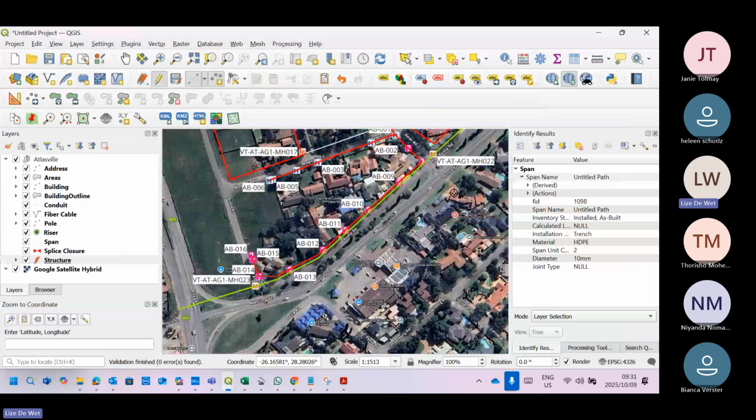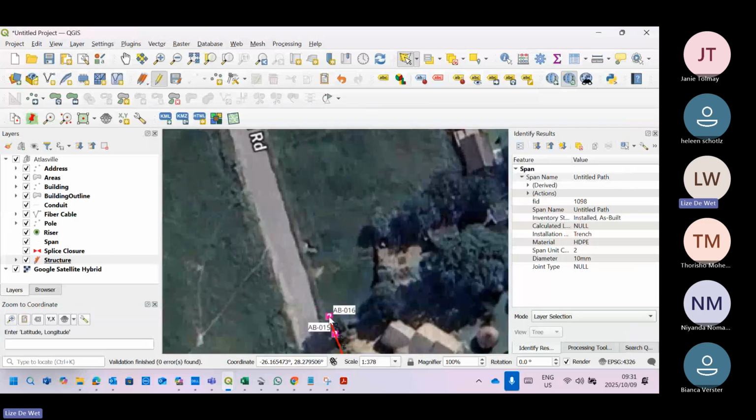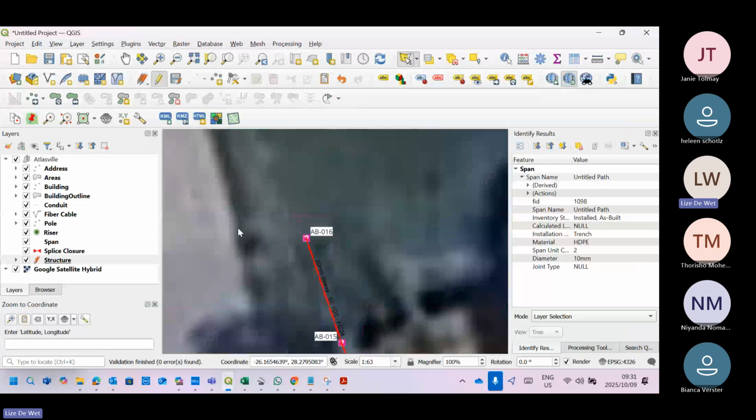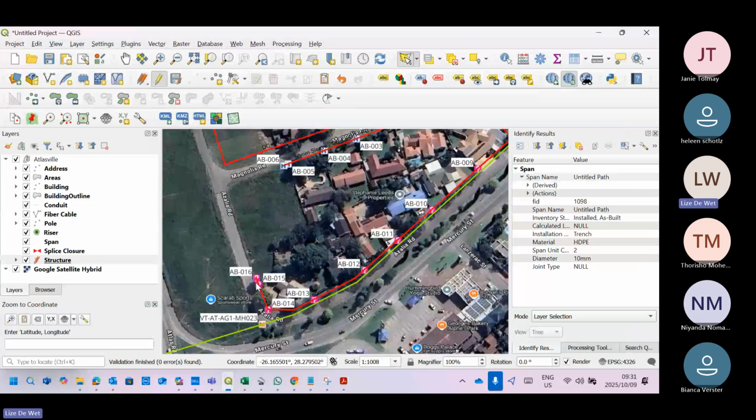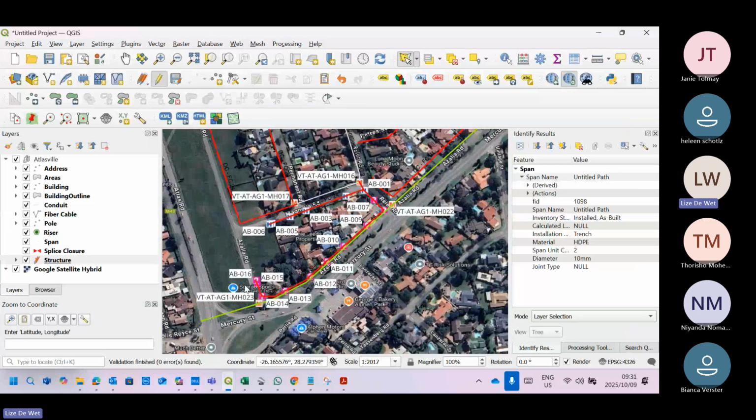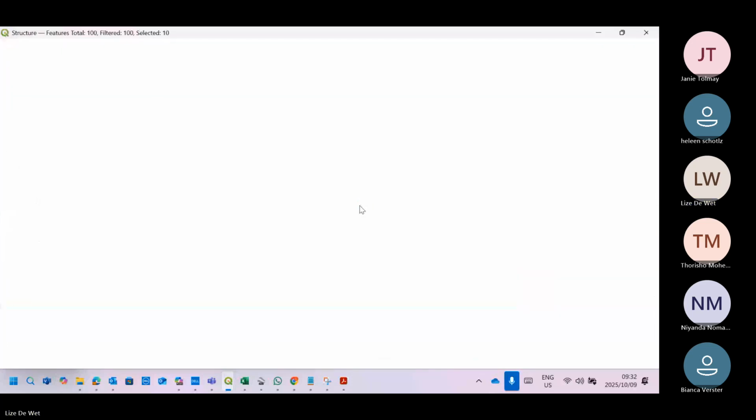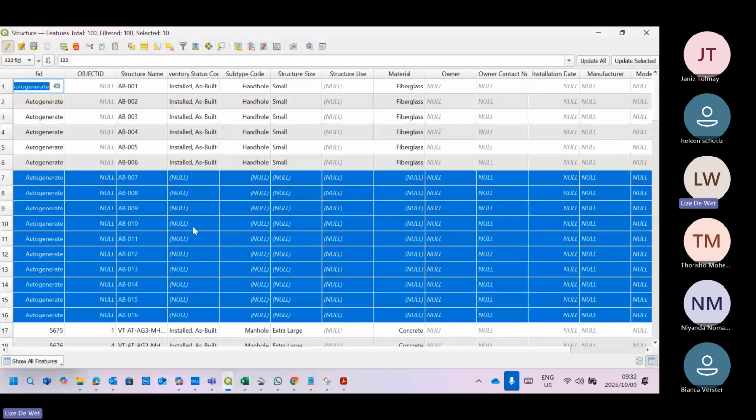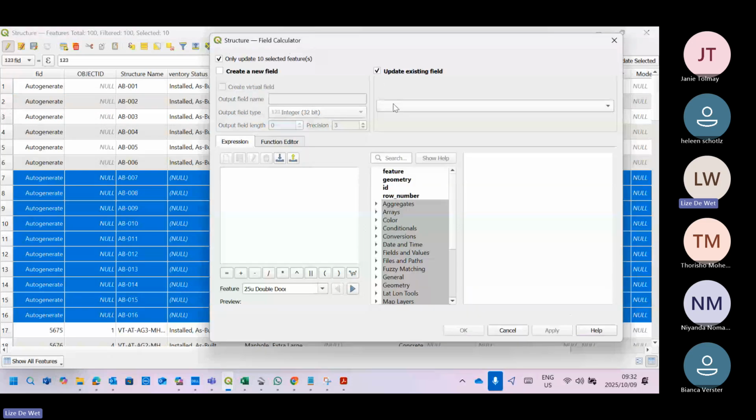Okay, so we placed all our handles. Now we need to go fill in the information because as you can see, they all have question marks, meaning that we didn't fill in the attribute information on them. So we've quickly placed all of them. Now we just go and select all of these handles that we just created. We open the attribute sheet and you can either manually go and fill this in or you can just use the calculator. Update existing field, inventory status,